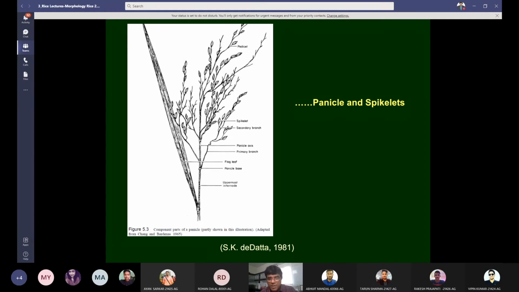You have seen seedling, mother plant gives tillers. So here also branching happens, and primary branch from the main axis, and then this primary branch can give rise to secondary branches, and then spikelets are born on the secondary branches. So here you can see on the top, you can see pedicel also, through which the spikelet is attached to the branch, pedicel.